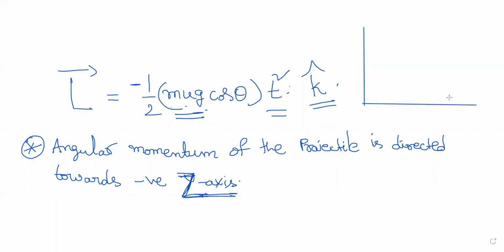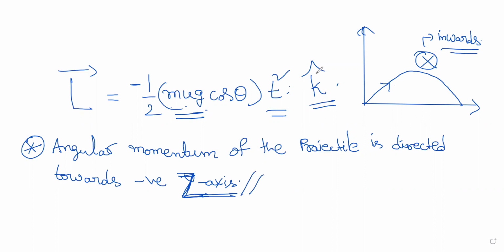So it's like the condition we have considered. When you consider the projectile like this, the way we are projecting, the angular momentum is directed inwards. When I put a cross, that is inwards. So that is inverse. Why it is inverse? All these things I'll explain then. So it is negative z-axis direction, and that's why we get minus k cap